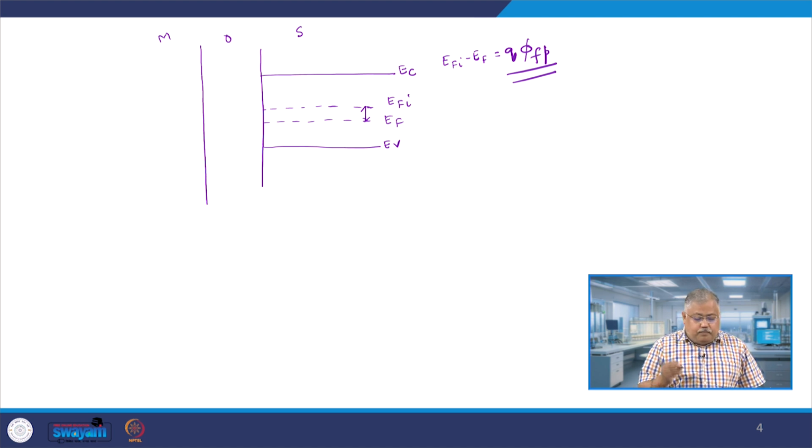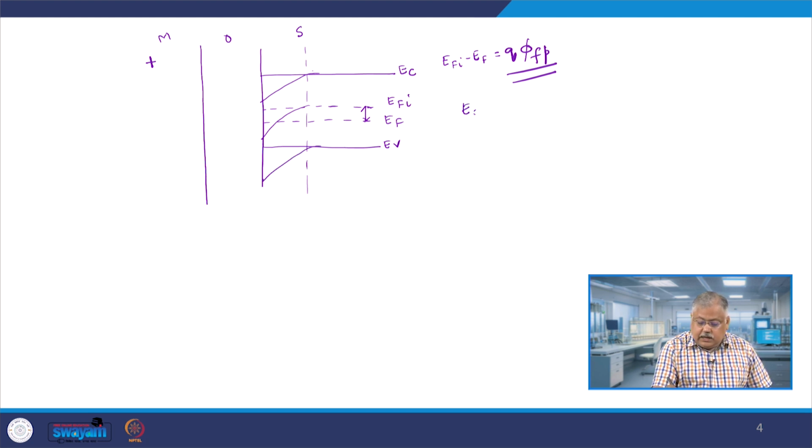And this is no, I have not applied any bias here. So now if I apply a bias here which is positive in nature, what will happen is this. Let me draw it in inversion. Let me draw a line here, and then this conduction band edge will start going down, this will go down, and this will also go down. So all these three, EC, EFI and EV,